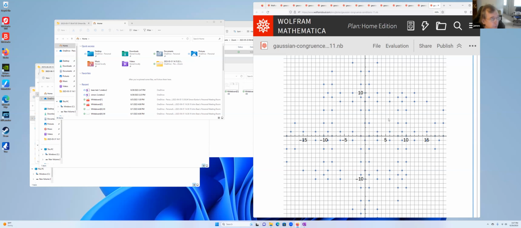In other words, more specifically, for the cube root of the primitive cube root of unity. The cube root of the primitive cube root of unity is the primitive 9th root of unity. So this is saying this is the